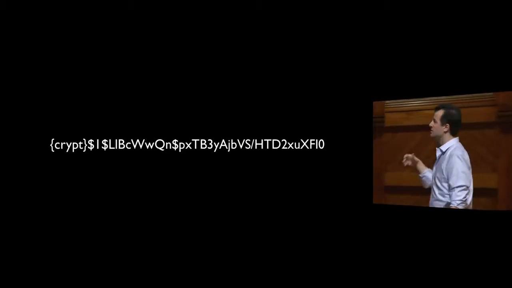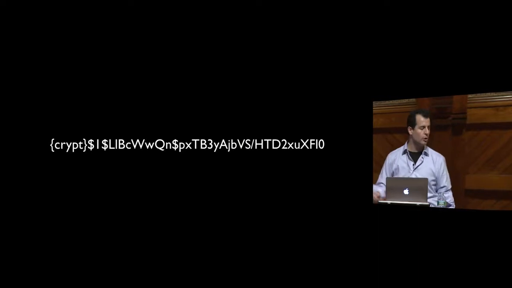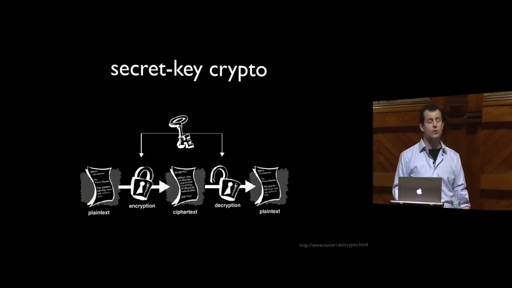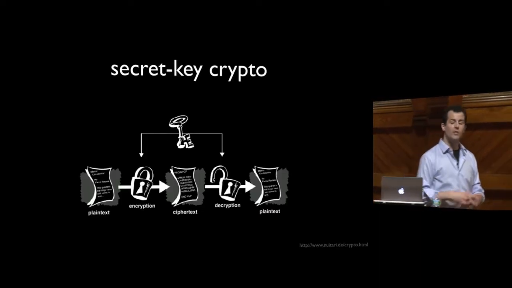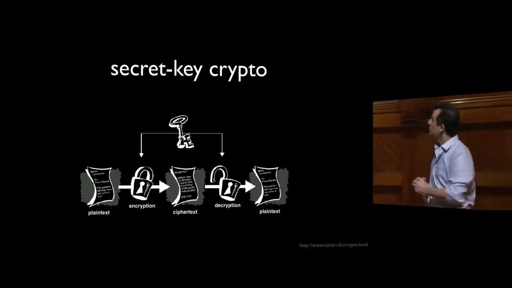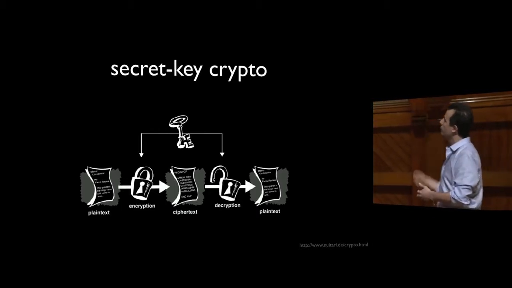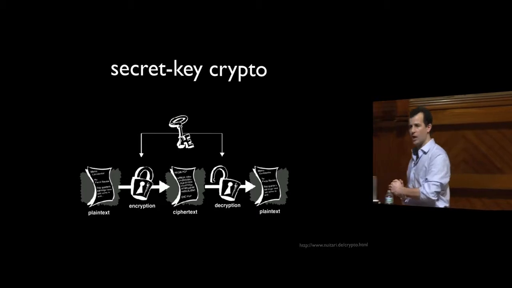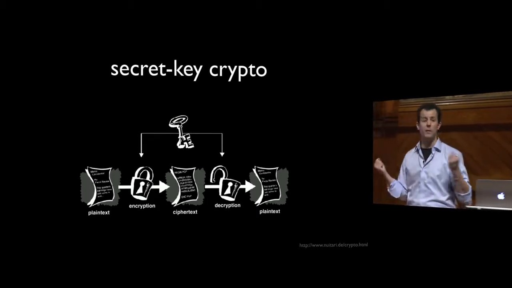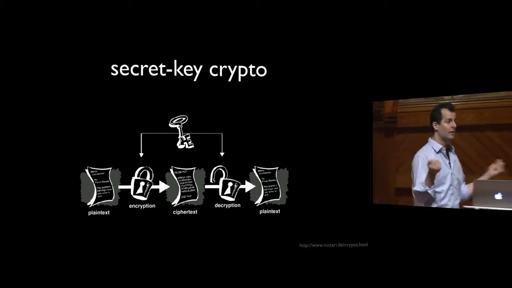This is not just a rotation of letters, A is B and B is C. This is much more sophisticated, but it uses what's generally known as secret key cryptography. This picture tells the following story with a few icons. On the left, we have what we'll call plain text. In the world of cryptography, plain text is just the original message, written in English or French or any language